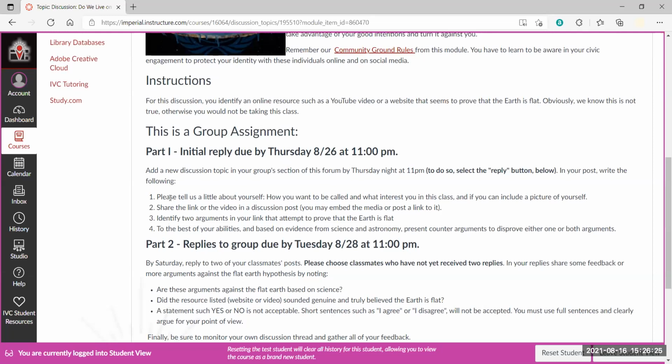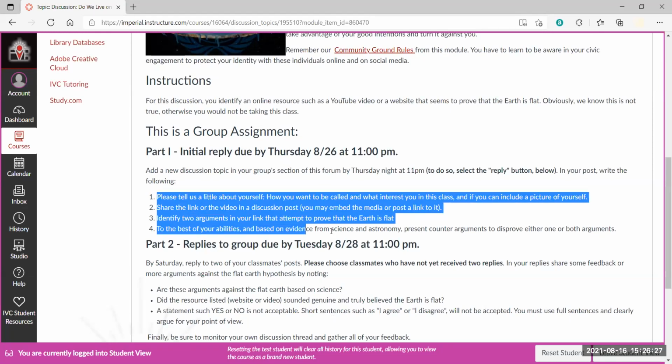So anyway, the point in here is, here are the 4 items I really have to take care of in order for me to get the full credit for this part of the assignment, due by Thursday, August 26th at 11 p.m. Please do not try to submit this one at 10:45 p.m. on August 26th, because that is the time when there is a problem with the electricity or the internet is down or something happened to the computer.